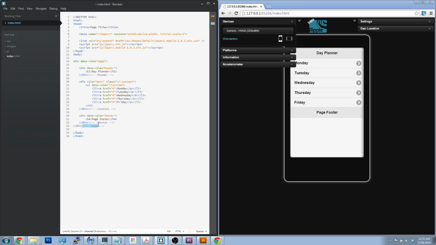Also you can see here the comment tells me it's the closing tag of the page as well. If you know HTML, you recognize this as the comment tag, and it's purely just to inform the reader, whoever's editing the page right now, that this is the end of this division here. So I'm going to copy and paste that whole bit,